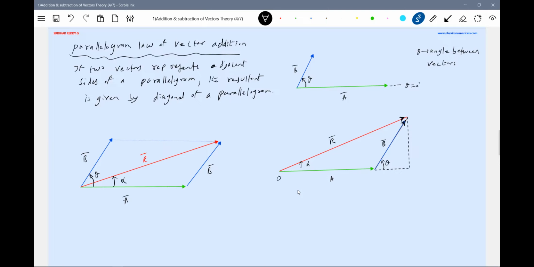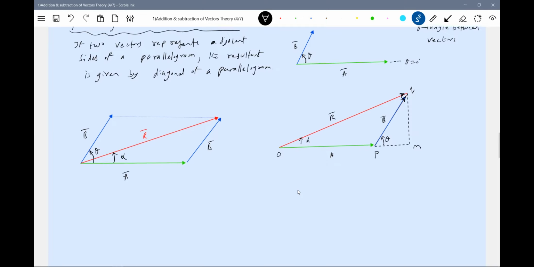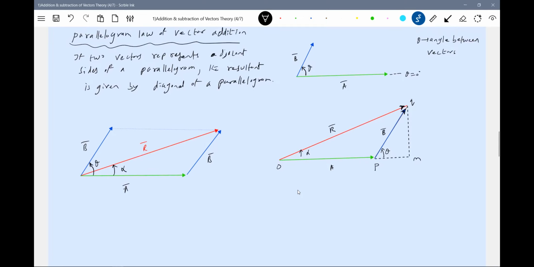Let me call this O. Let me take this as E, also P, Q, let it be M. Some symbols we will take. What we have to calculate is the capital R, that's all. The length of that vector is needed. For that, we'll take help of this triangle. So in the triangle OMQ,